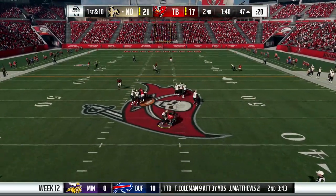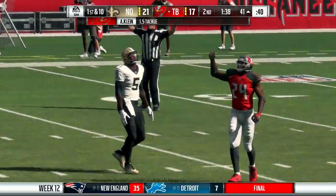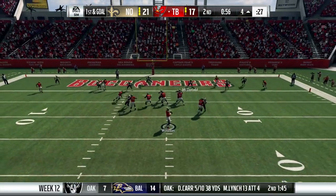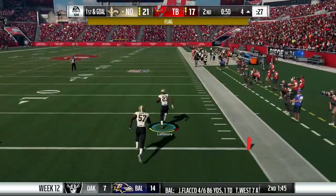Later in the second quarter, Teddy gets sacked. He fumbles on the play. It's picked up by the Buccaneers, and they're going the other way with it. So Tampa Bay on offense, they're inside the 5-yard line. Winston is going to lob one up into the corner, but it's picked off by Marshon Lattimore, and he is